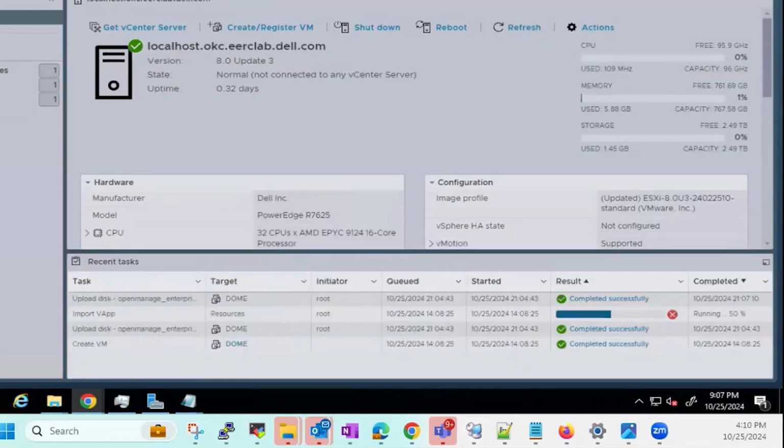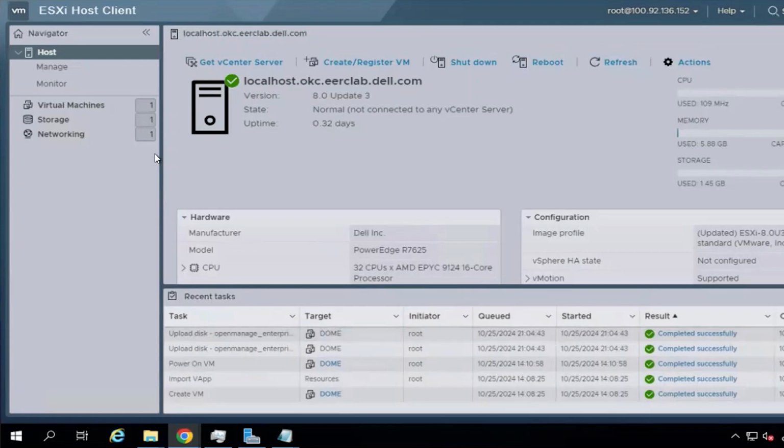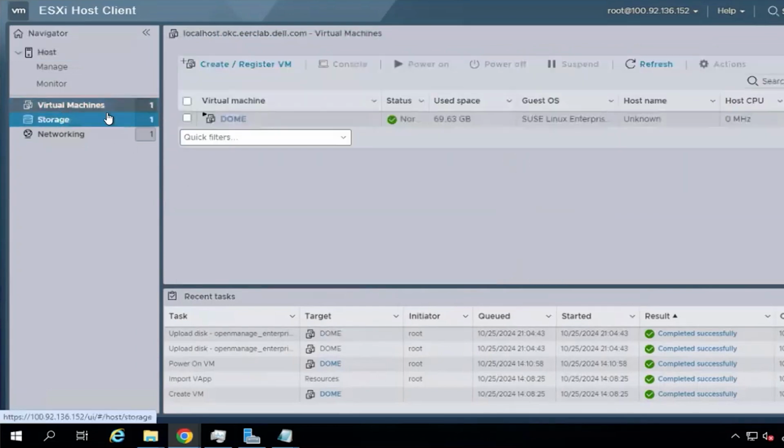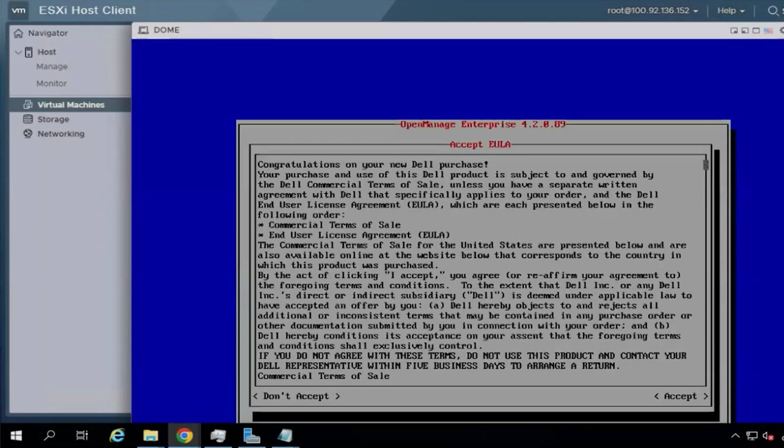Okay, once completed on the recent tasks menu, you're now ready to power on the virtual machine. So we'll go to virtual machines, select the virtual machine, and power on. All right, that completes the installation of our default install of OpenManage Enterprise, and you're now ready to configure your